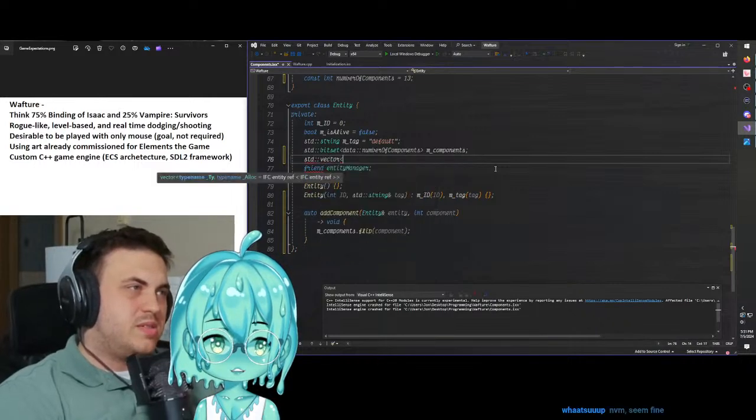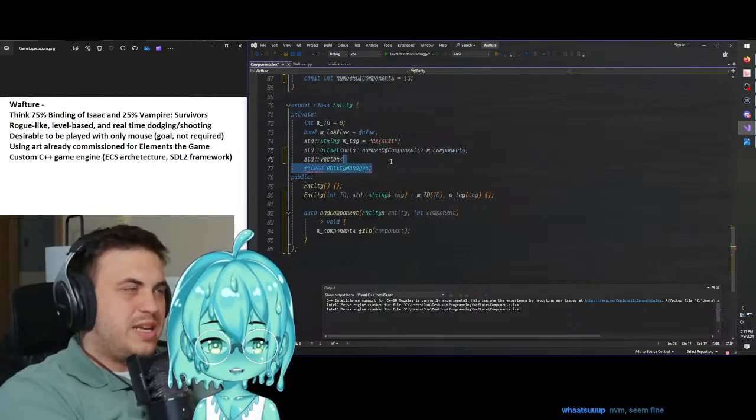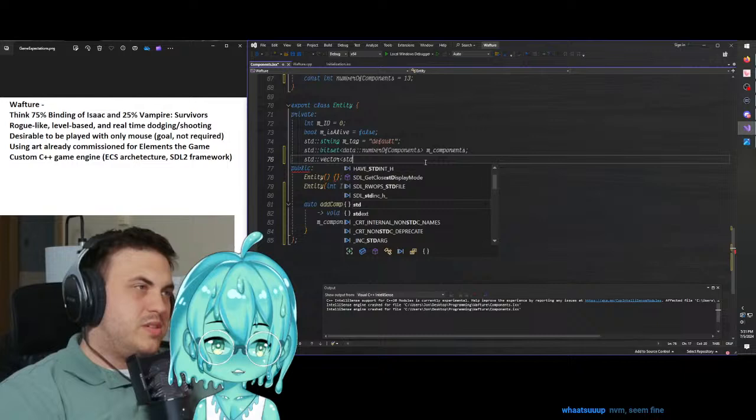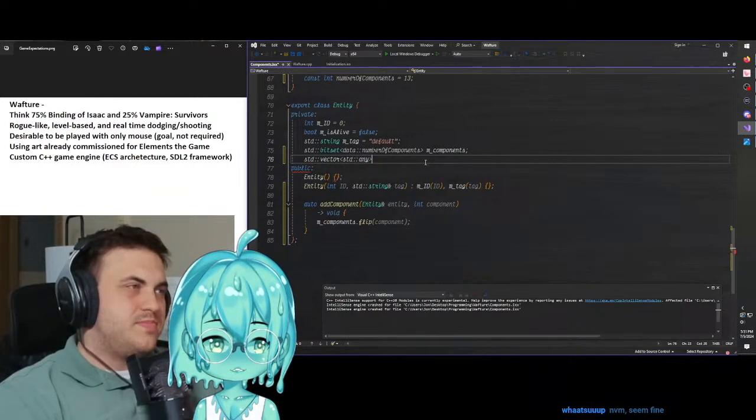Standard vector. Why do I still have friend entity manager? Get out of there. So standard vector, standard any,